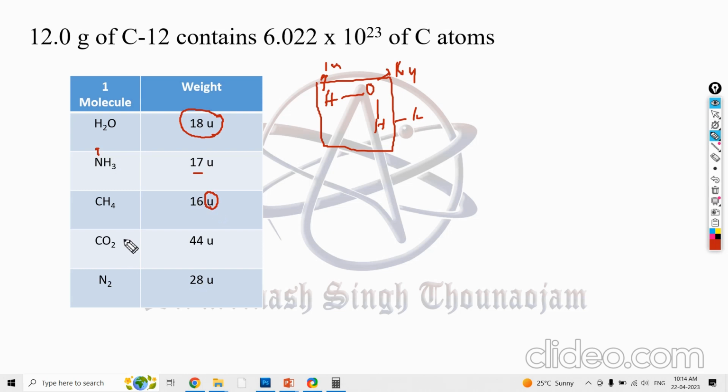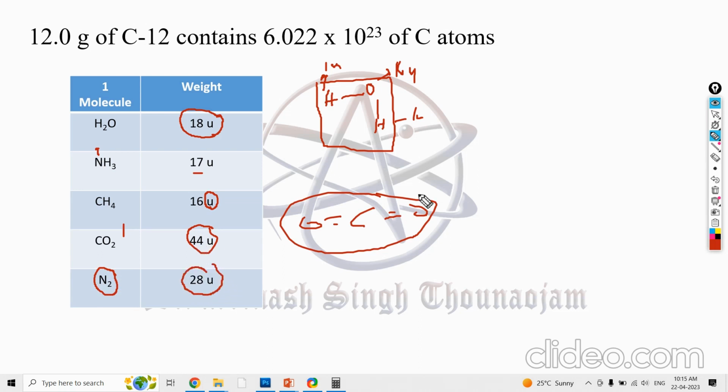So one carbon dioxide is one carbon and two oxygens, which gives 44 u. Likewise one molecule of nitrogen means